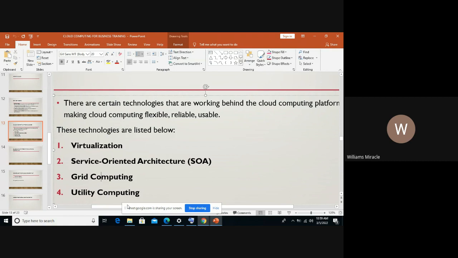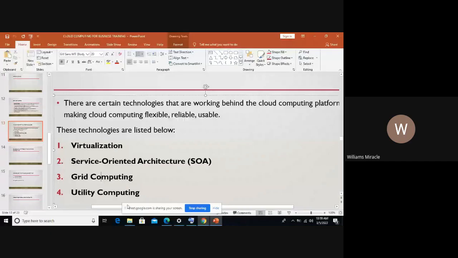For example, my system is connected to all of yours. The reason this is possible is through grid computing. It breaks complex tasks into smaller pieces, making it possible for us all to come together, to communicate and collaborate very well.